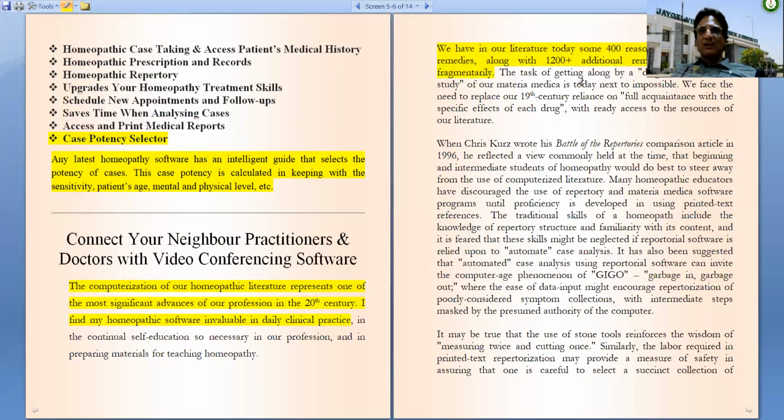The task of getting along by a diligent and attentive study of materia medica is today next to impossible. We face the need to replace our 19th century reliance on full acquaintance with the specific effect of each drug with ready access to the resources of our literature. So nowadays the practitioners are a little more busy, so they have no time to study materia medica and remember it. Therefore, the help from software is a must.